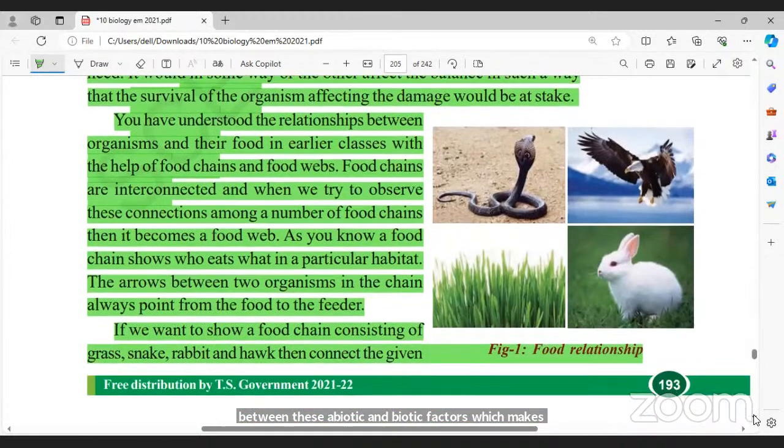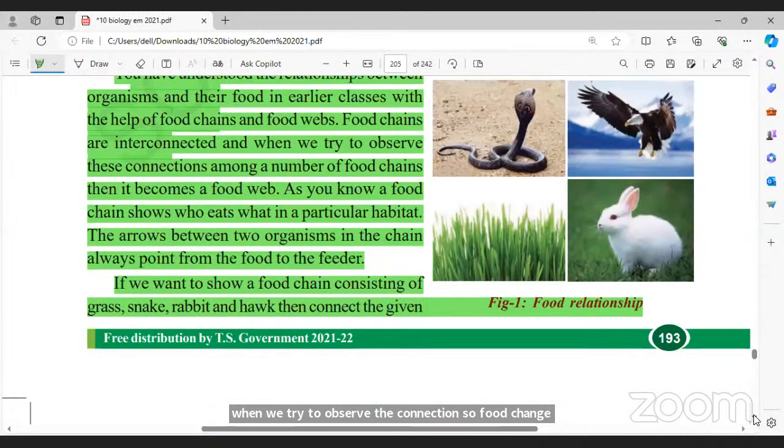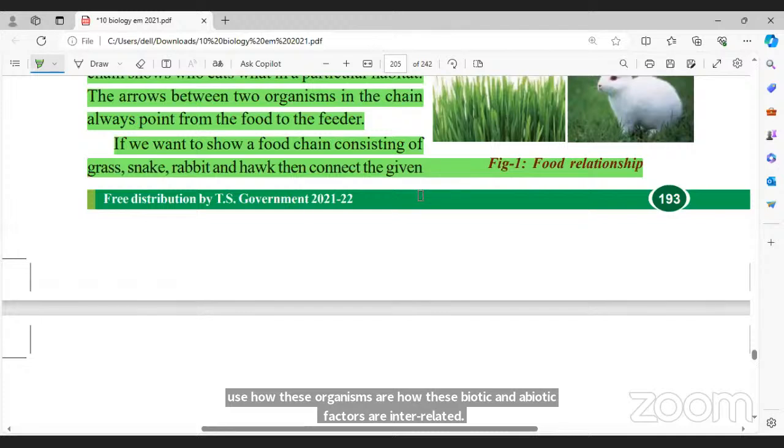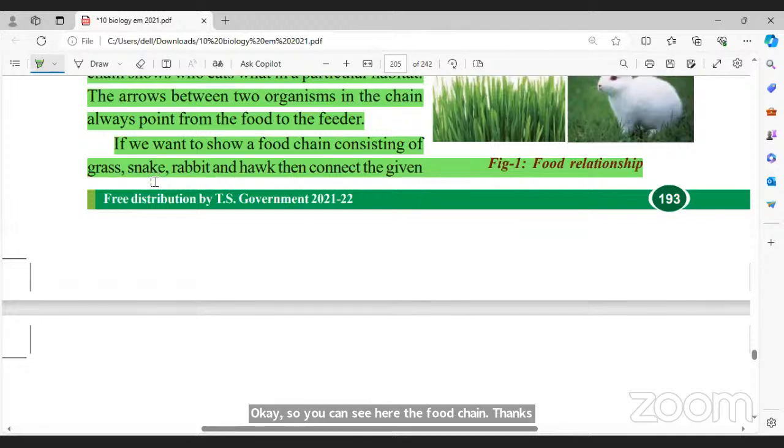So you can say the food chains are interconnected, and when we try to observe the connection, food chains show how these biotic and abiotic factors are interconnected or interrelated. You can see here a food chain consisting of grass, snake, rabbit, and hawk. Here grass is the first trophic level. Grass is providing food to the rabbit. Rabbit occupies the second trophic level, that is a primary consumer. Then the rabbit is eaten by